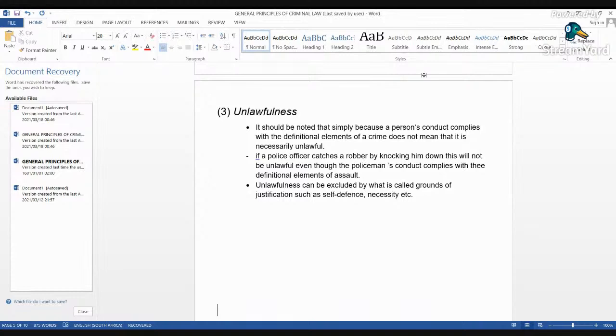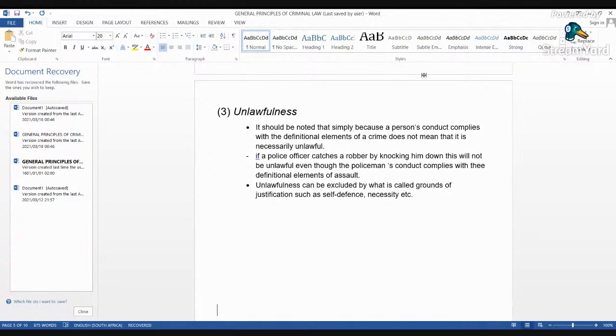Follow me as I explain this. If a police officer is running after a robber, this is the example in the study guide, and knocks them down on the ground so that he is able to apprehend them,